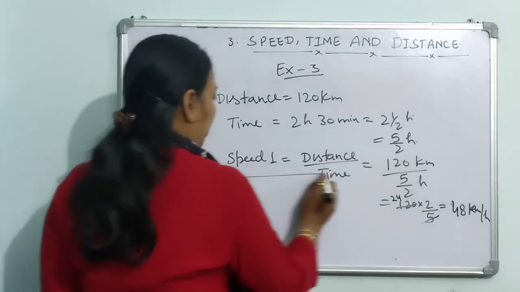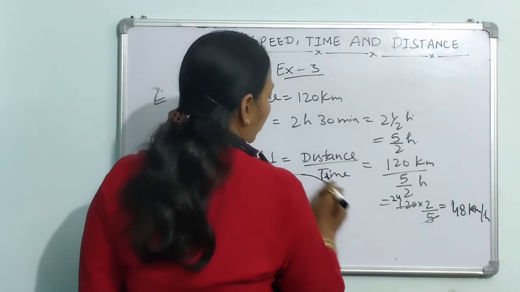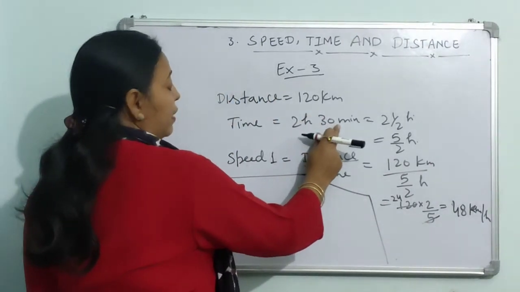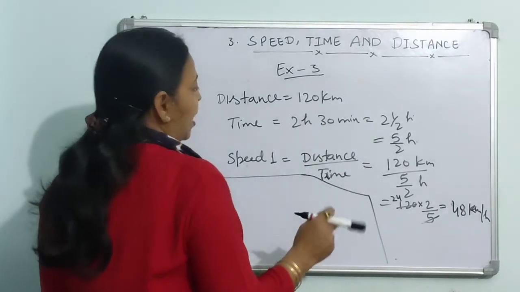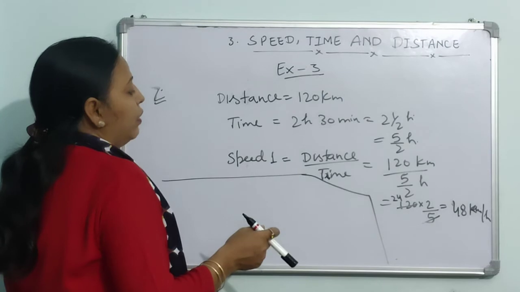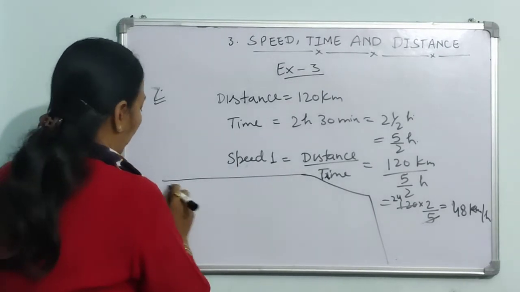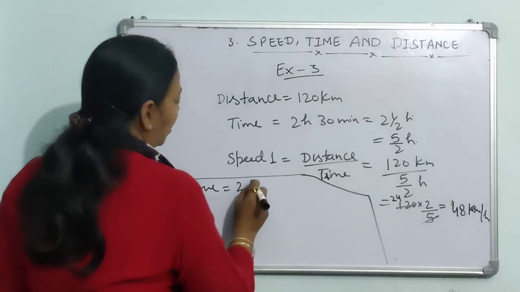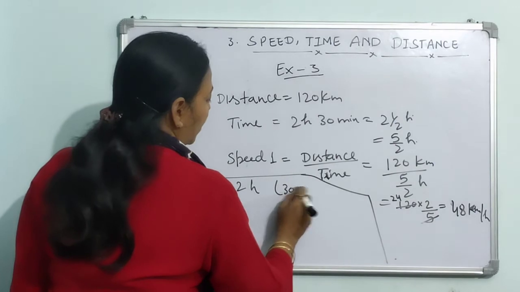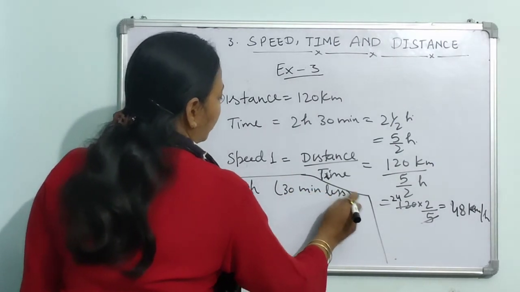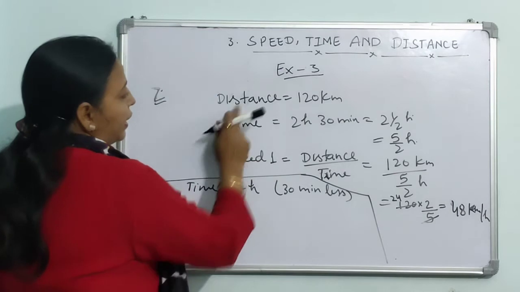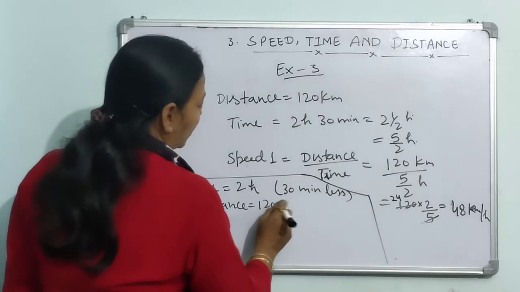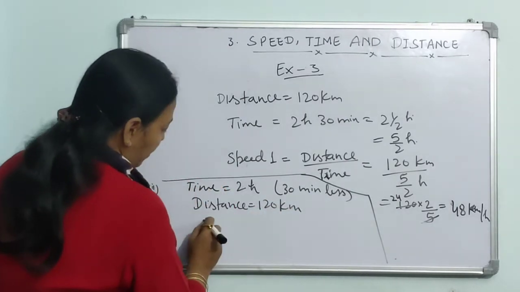Now next time what is given? It is given that now calculate for the same distance but 30 minutes less, means half hour less time, if the train is taking, then what is the speed of the train? So again second part of this, what you have to do, time is, now what is the time? Time is only 2 hours, 30 minutes less. 30 minutes less time, then it will be 2 hours, and now distance is same. Same distance it has to cover, 120 kilometer. Then what will be its speed?